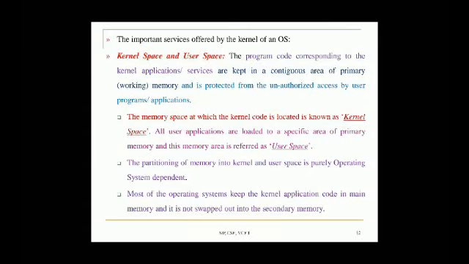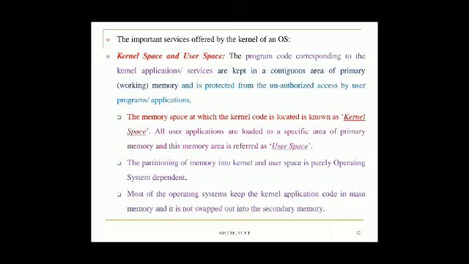Continuing the discussion on the kernel services offered by the operating system, the kernel space and user space are two important concepts to understand. Any program code corresponding to the kernel, if we store it in the primary memory, that area of the memory is called kernel space. The code corresponding to the user applications is stored in another memory area.